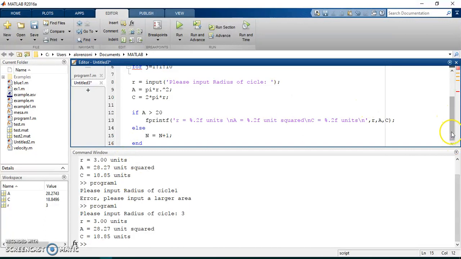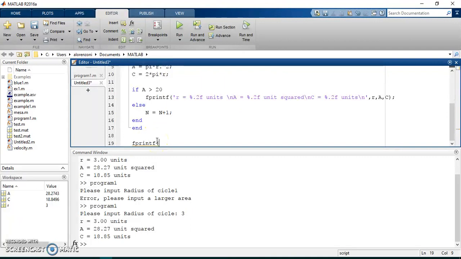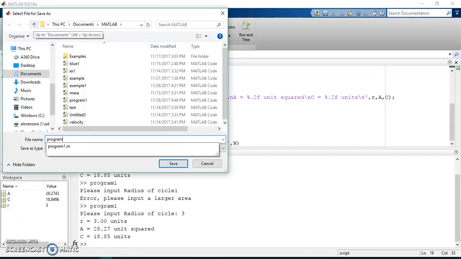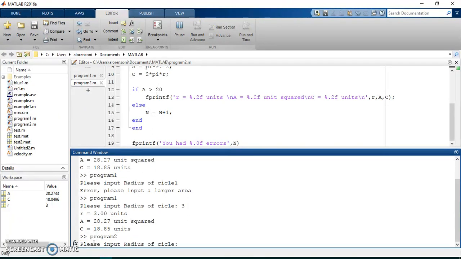Okay? So then, last thing you need to do is display. Let's do F. Yeah, and the for loop. Got to do that. F. Now, save it as program 2. Okay. And I'm going to go down here and run program 2. Bam. Please input arrays. Circle 2. Please